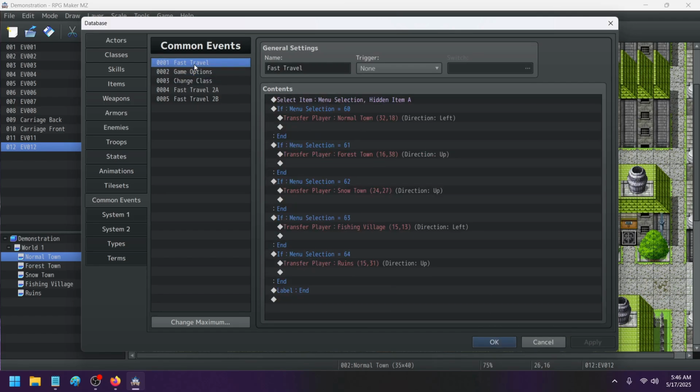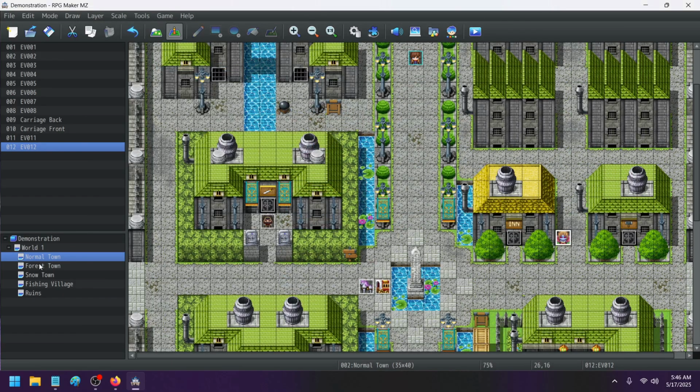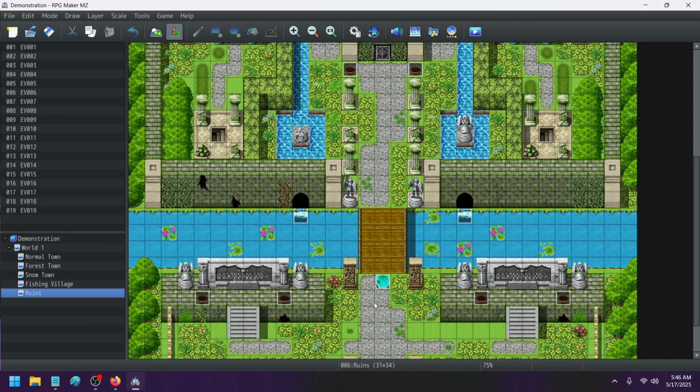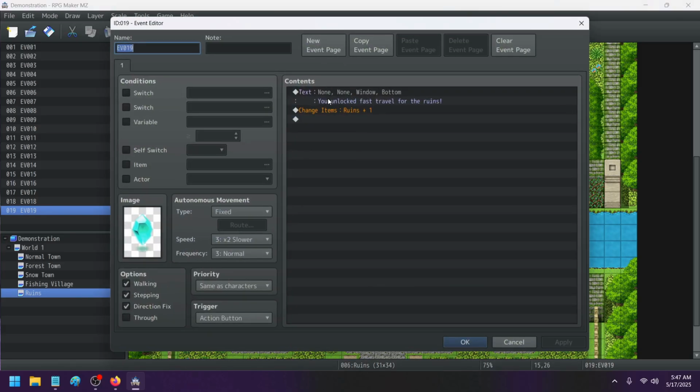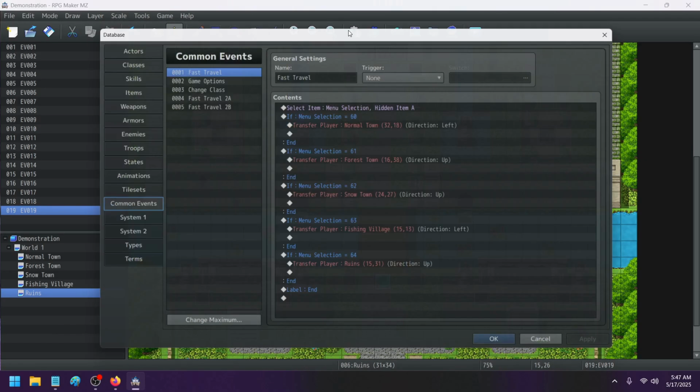You can do all sorts of things with item selection menus. You can use them in all different kinds of ways in your project. You can use this for crafting interfaces, like monster catching, extended dialogue options, all sorts of stuff like that. And all you have to do if you want to be adding options as you go along, like I did with the ruins, is simply add new hidden items to the player's inventory,